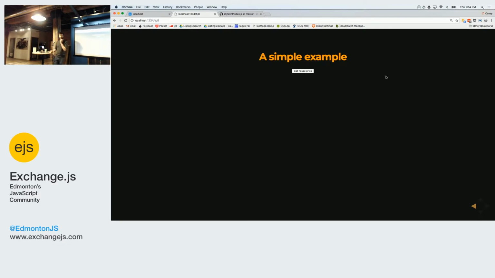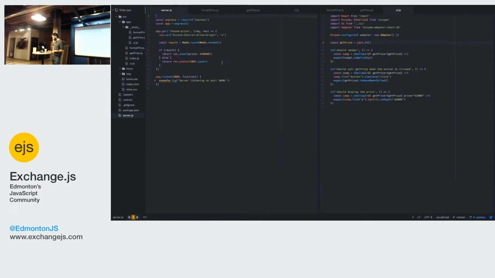All that happens when I click this button is it calls a fake API, and it displays a version of the response on the screen. So the API is written in the server file, and I programmed it to fail about half the time, or exactly half the time. So sometimes I call this API, I'm going to get an error. Other times it's going to spit back